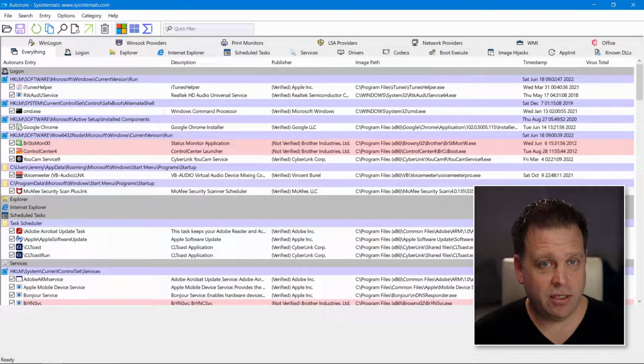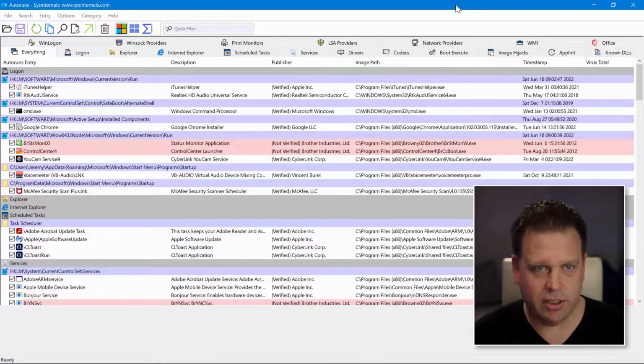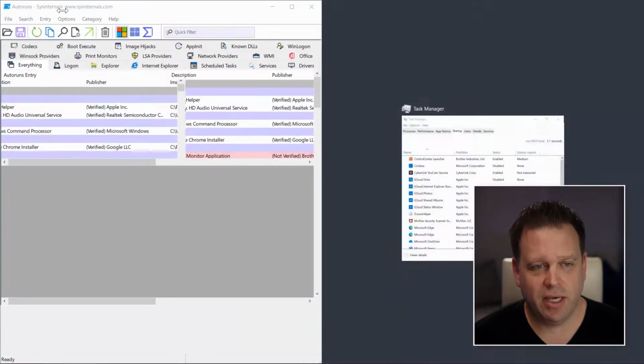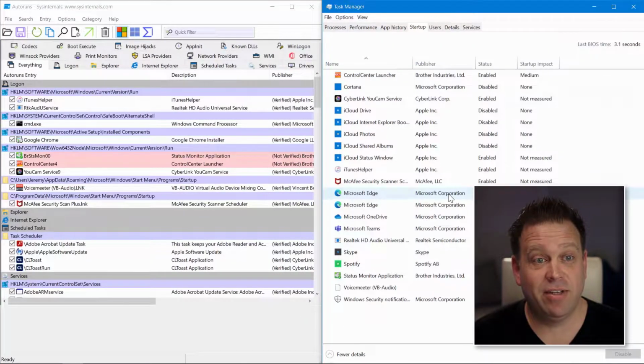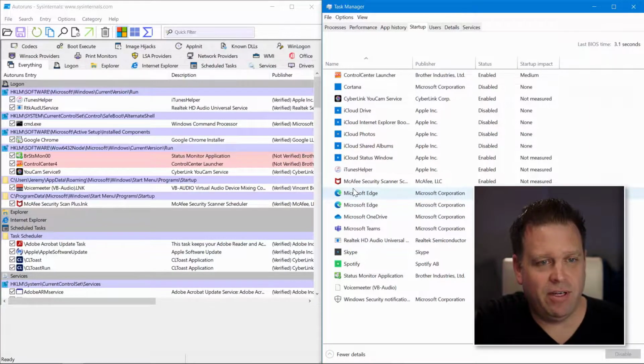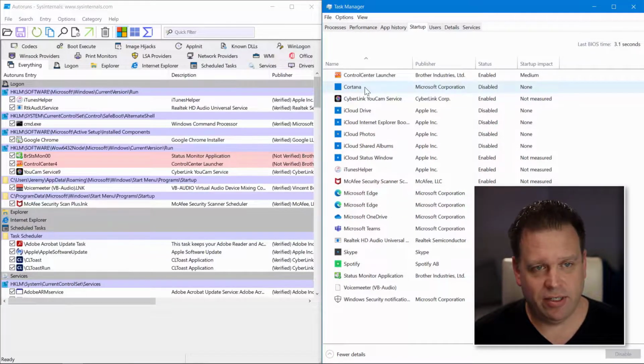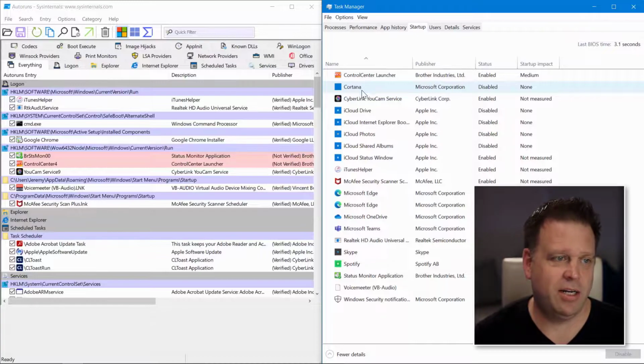What I want to do is actually show a comparison between the two different tools that you would use to gauge the processes that run at startup. Again, what you're seeing on the right is everything that you can see from Task Manager, and on the left, literally there are hundreds of processes after we filtered out the different Microsoft processes. And you can see, for example, some of the things do get enumerated in the Task Manager.